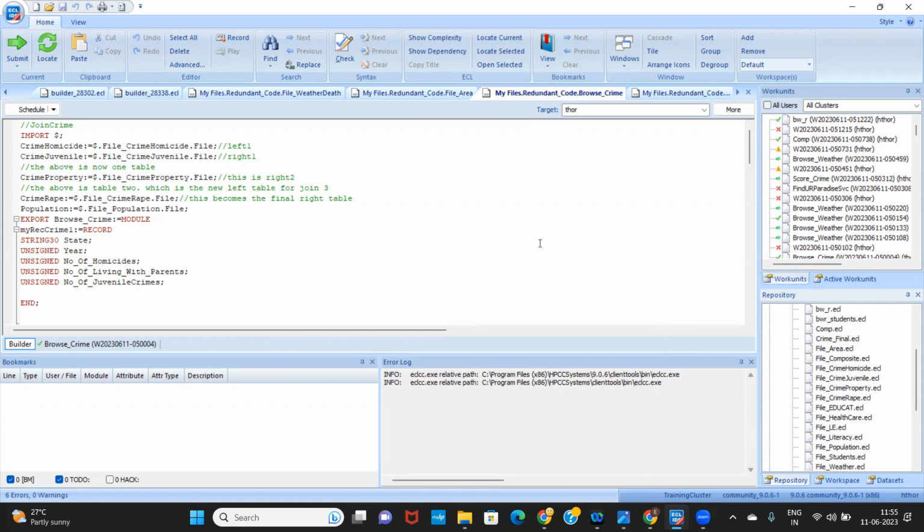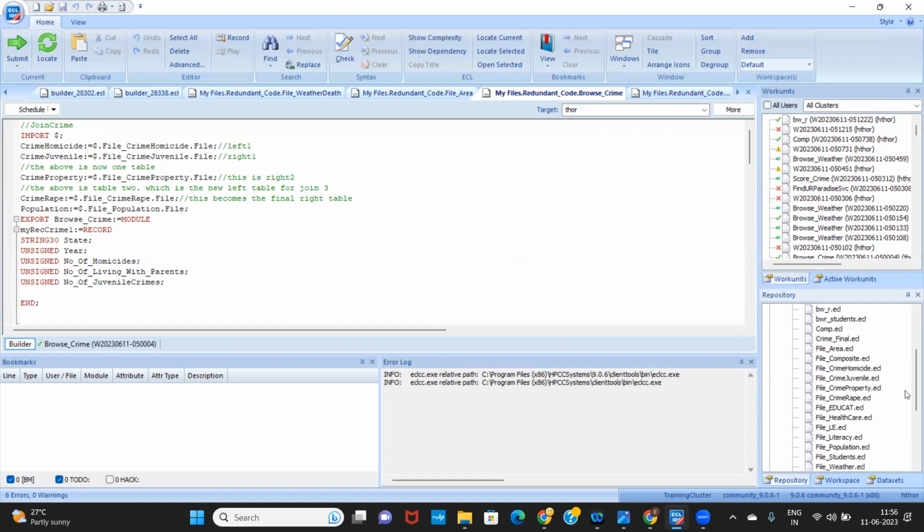Our challenge here is to rank states upon various scores, and the state with the highest score tends to be the paradise of a particular person, right? So we have four parameters here: crime, education, health, and weather, right? We have taken scores from all these four parameters and created sub parameters and assigned scores to them, and